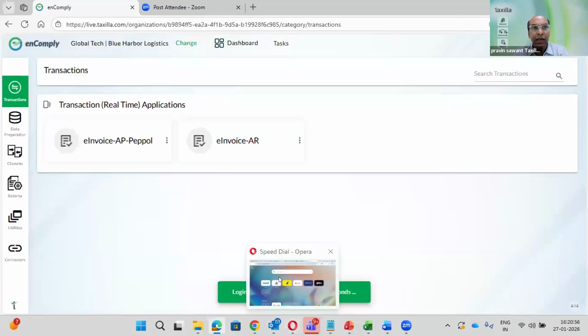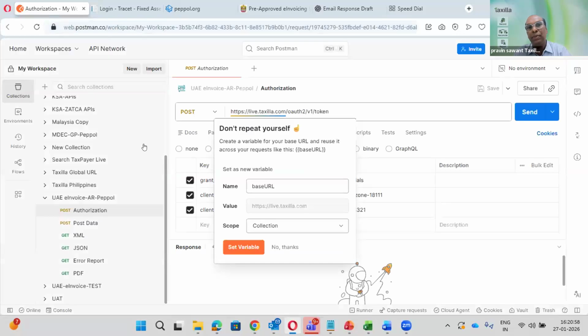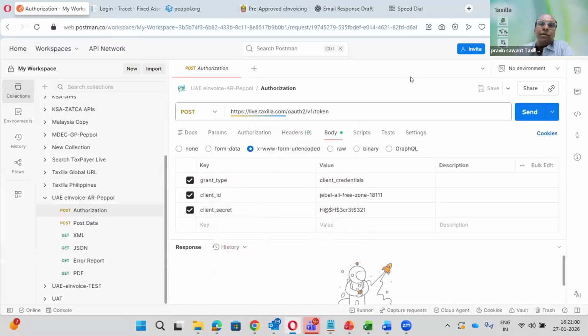Now, before that, let me talk about this API. Typically, companies who are using global ERP systems want an API. Their intention is that the business user is not going to use any functionality or portal outside of the ERP. They want business users to do everything within their ERP system.